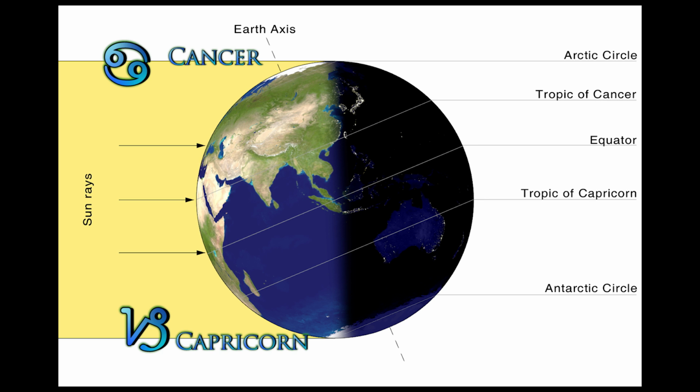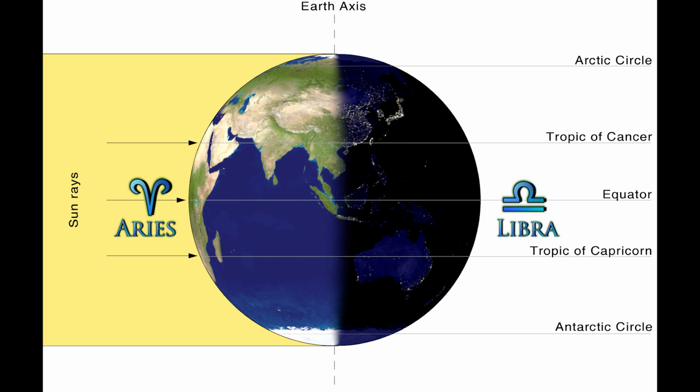Okay, now as we move to the next slide, this is the equinoxes. And I've laid out Aries on the left and Libra on the right because those are the two signs that tell us when the sun is in the correct place to give us an equinox. On the left, Aries is the spring equinox, and on the right is the fall equinox, which is represented when the sun is in Libra. Now look at the globe in the center and notice it's perfectly equal. Day is equal to night.